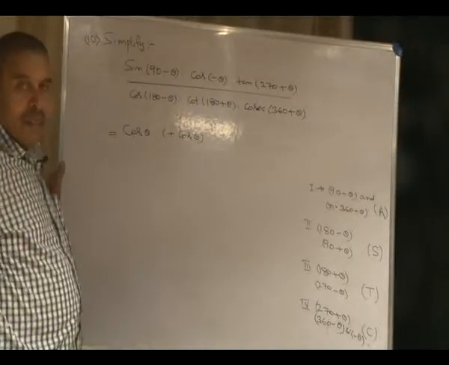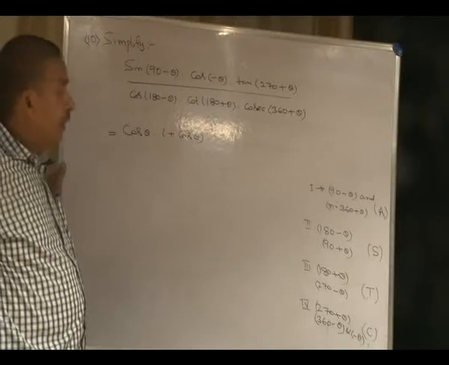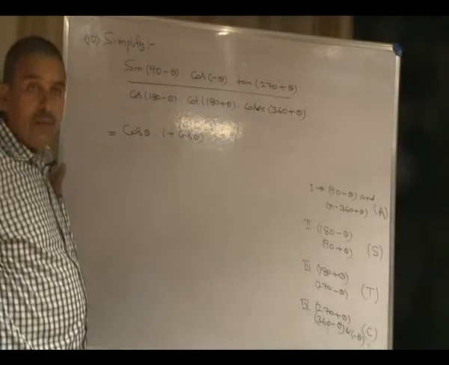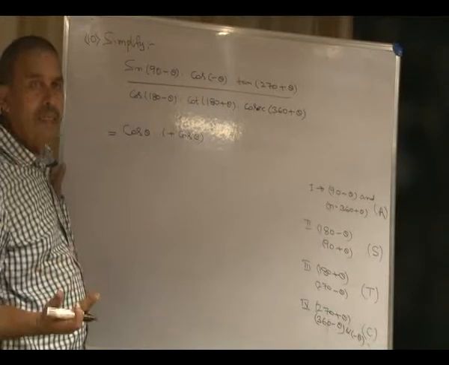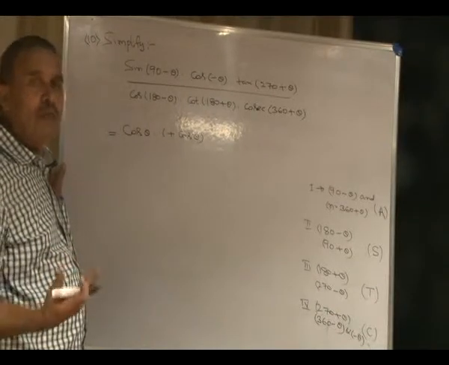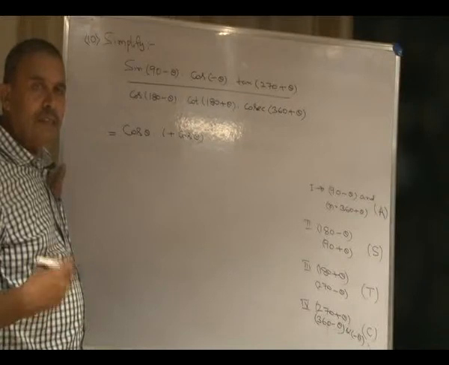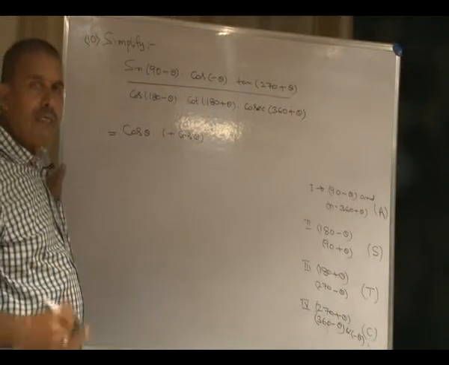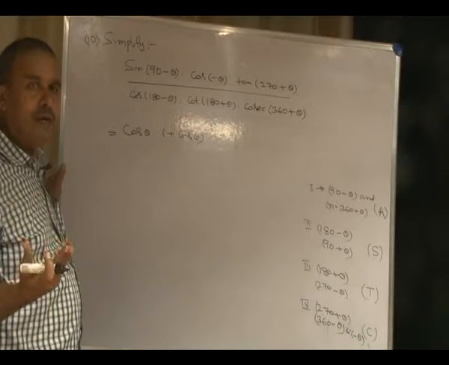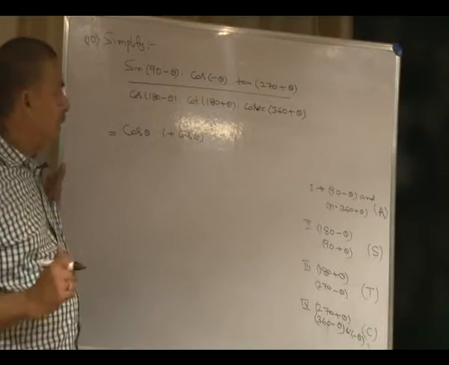An angle minus theta comes under fourth quadrant. Fourth quadrant cos and secant are positive. Cos of minus theta is plus cos theta, secant of minus theta is plus secant theta. The remaining are negative, which means sin of minus theta is minus sin theta, tan of minus theta is minus tan theta, cosecant of minus theta is minus cosecant theta, cot of minus theta is minus cot theta.